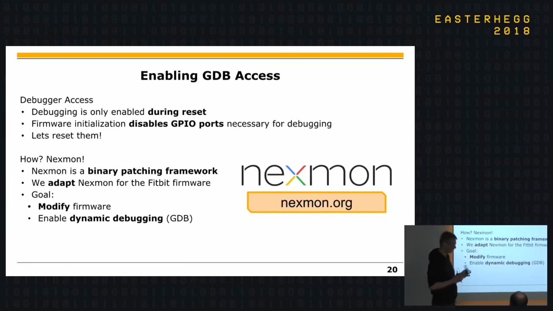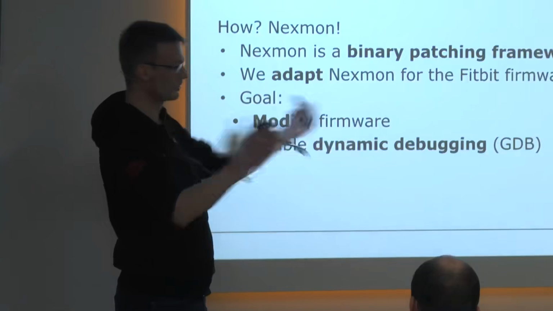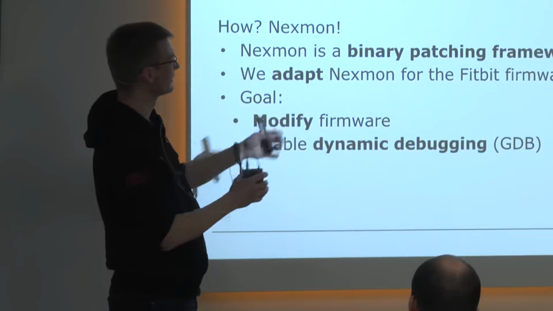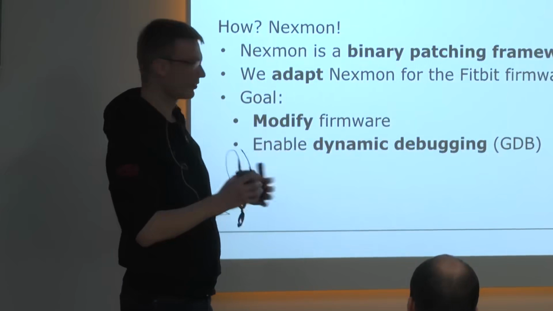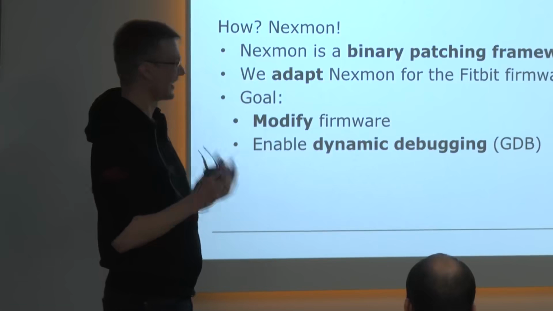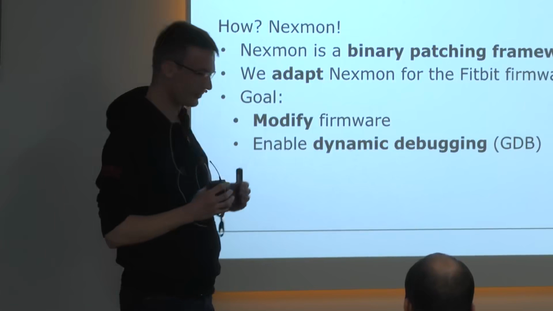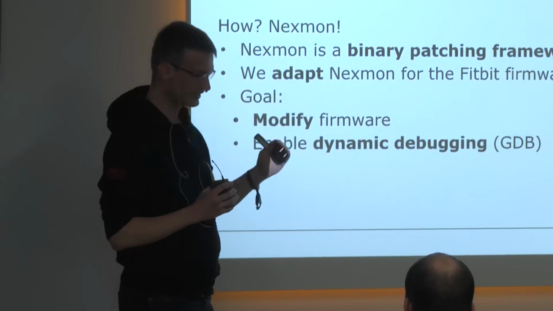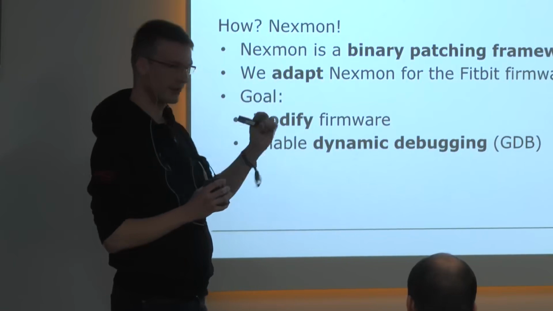And what we did is, with the debugger, we can read and write arbitrary flash, but we cannot do live debugging. So what we did is read the whole firmware, patch it, and write it back, just to enable these GPIO ports. I do not really know where they get disabled, I do not care, but I know that up until a certain point in execution they are enabled, and then they are disabled, and then I just build a small patch which